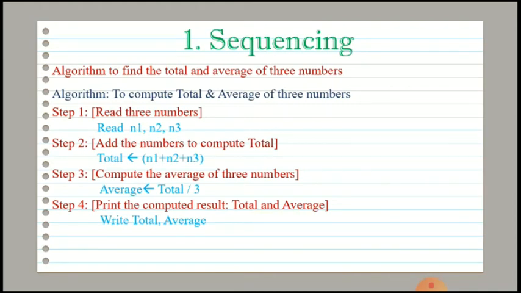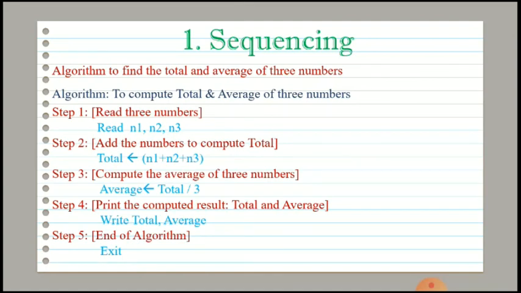After taking input in the first step, processing that input in the second and third step, and printing the result in the fourth step, we have to stop the algorithm. So in the fifth step, the statement will be exit, or you can write the statement stop. This will indicate that your algorithm has ended.